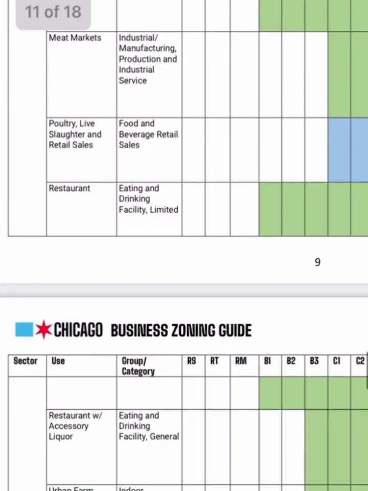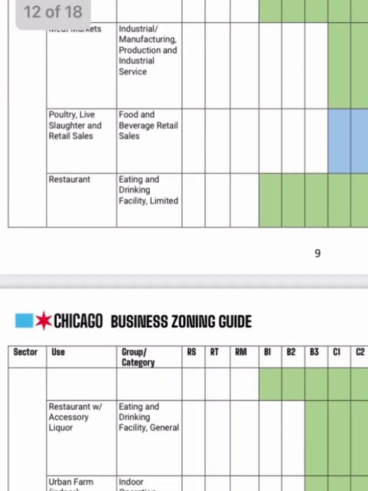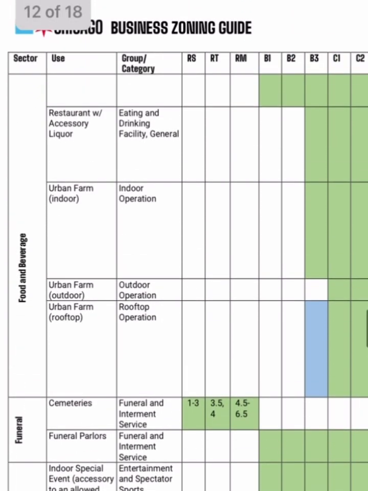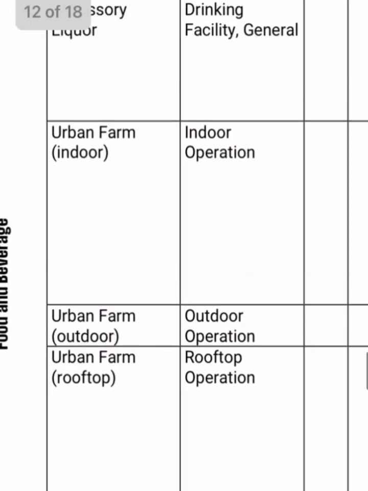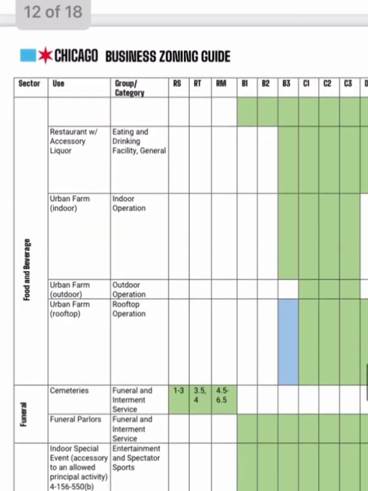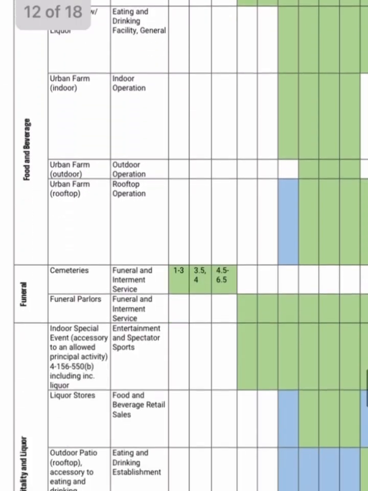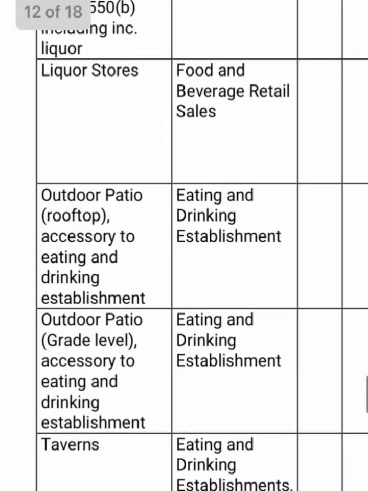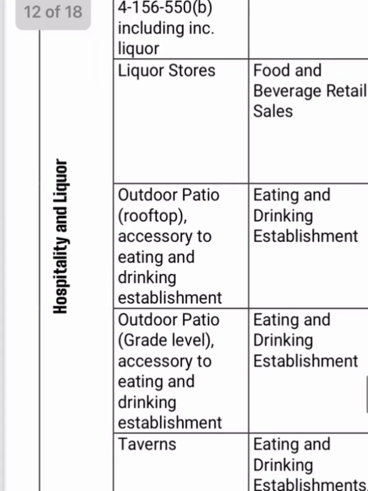And same with restaurants, those are limited. I get the slaughterhouses. I don't want animals being slaughtered right across from where I live, but it makes sense otherwise. Urban rooftop farms, why can't those be near homes where you're growing things for people to eat and then sell to them? That one doesn't make sense. We want people to eat healthy. I'm not sure this zoning guide lines up with our true values, especially the values put out by the city.